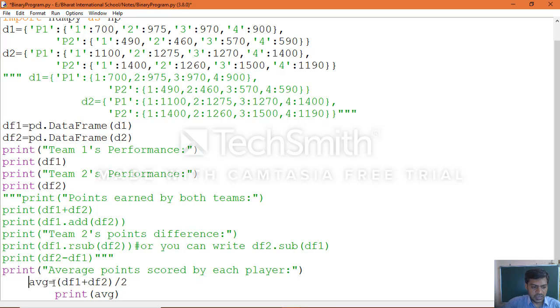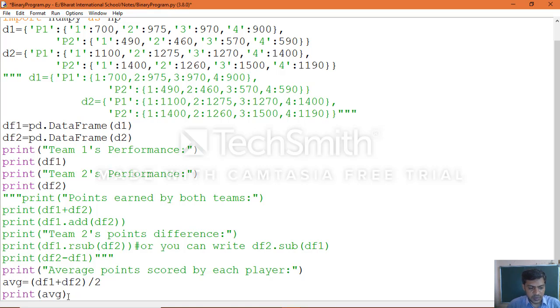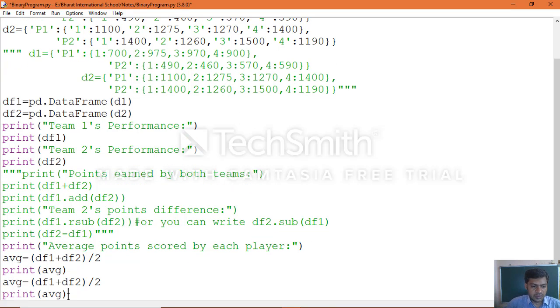Now we'll be getting only the average. So for this average, if you apply the floor division, you will get only the integer part as an output. If you apply normal division, you will get the output as decimal floating point numbers.